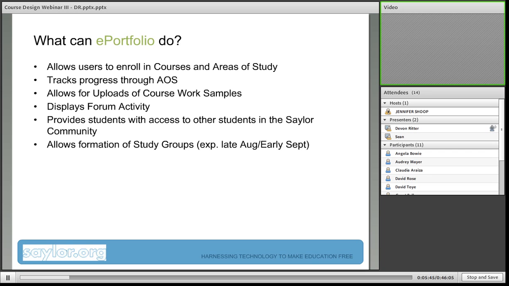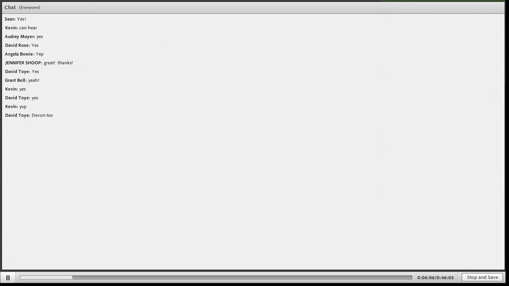More specific to what I think it can do with courses are the next things, one of which being that we allow students to upload coursework samples into their ePortfolio. So if they have written a good essay or come up with some good code for a Java assignment, they can